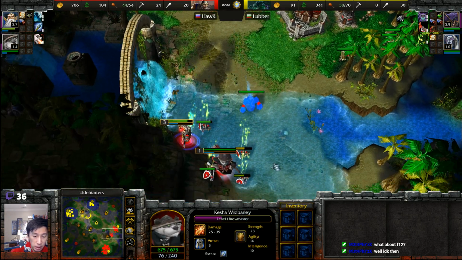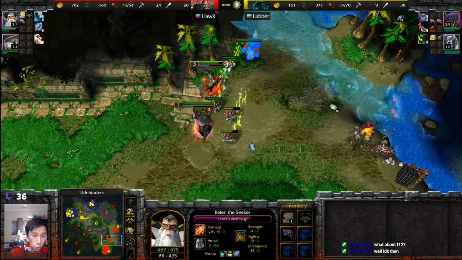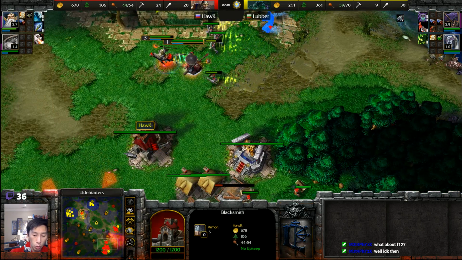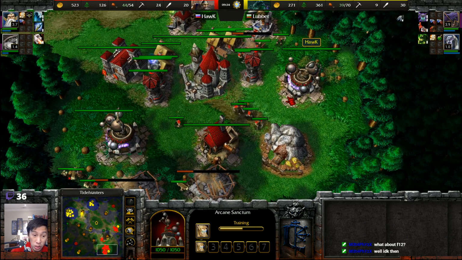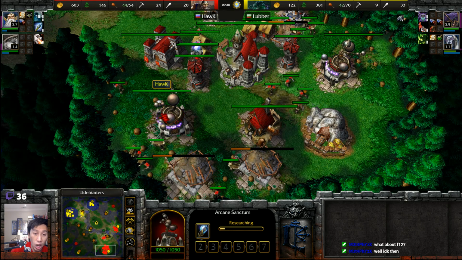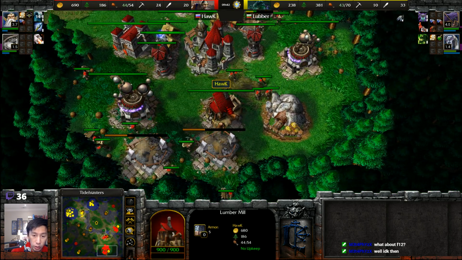Panda getting 72 bonus experience. You can assume the Archmage got 72 as well, as we're looking at the Archmage perhaps trying to get to level 4 here in just a moment. We are going into Castle. Priest are getting added in, and we are also going into Double Griffin Aviary. Hawks spending all of his gold, and in a hurry. No advanced lumber